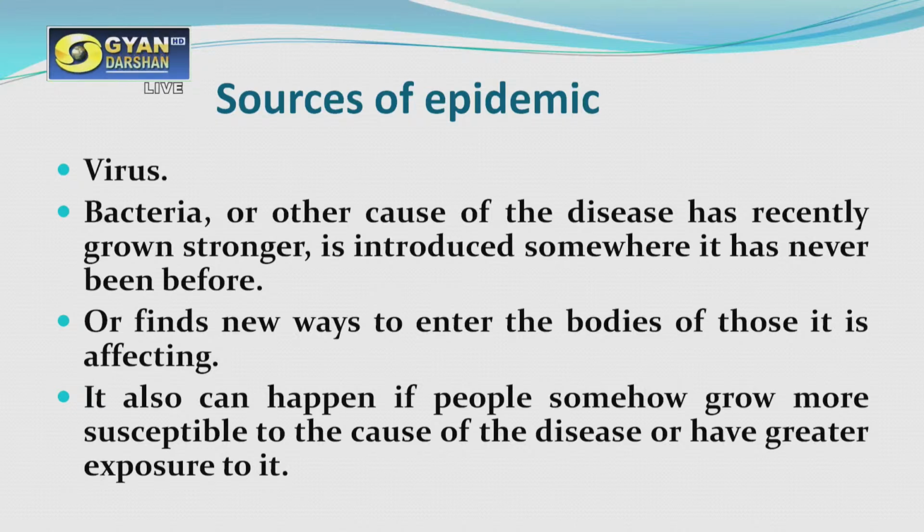Or the bacterial or viral agent can find new ways to enter the bodies of those it is affecting. It can also happen if people somehow grow more susceptible to the cause of the disease or have greater exposure to it. When we say exposure to it,